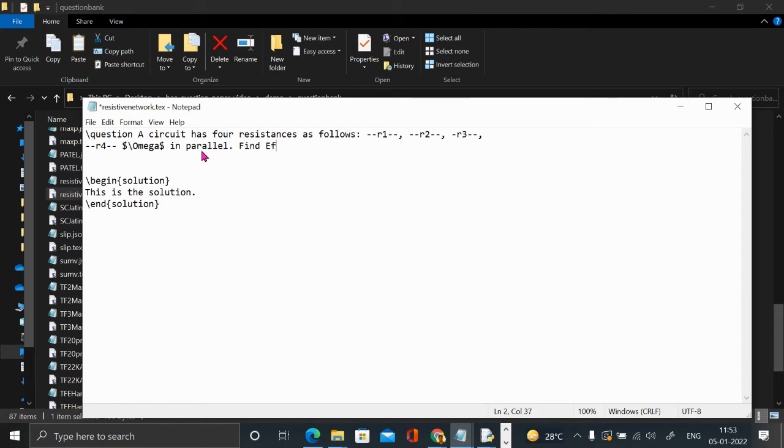Find effective resistance. Okay, so I'm just converting into not this complicated question. Of course, if you have time, slowly you can draw it on that page. But I'm just doing like this. So I'm giving four resistance values and asking to find the effective resistance.